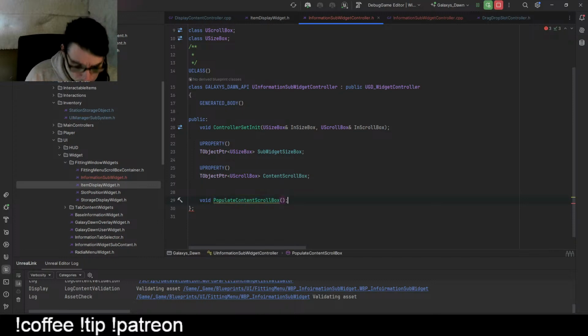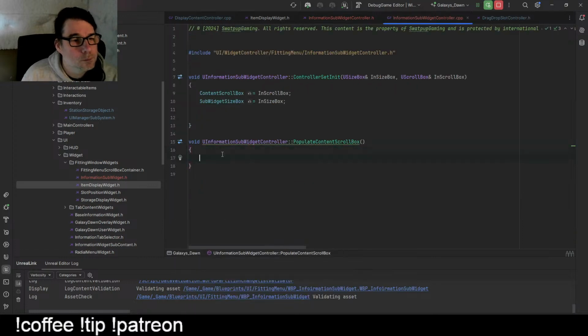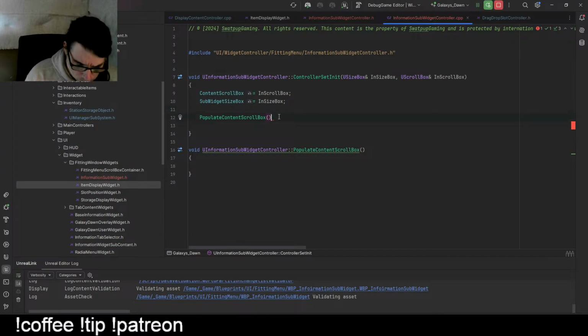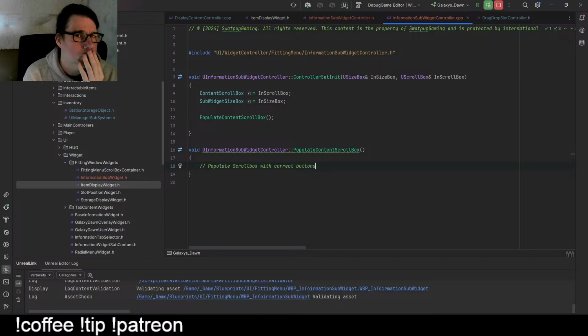And we're going to populate it with buttons, right? Call this here. There we go. Boom. It's calling it. Populate scroll box with correct buttons. All right,